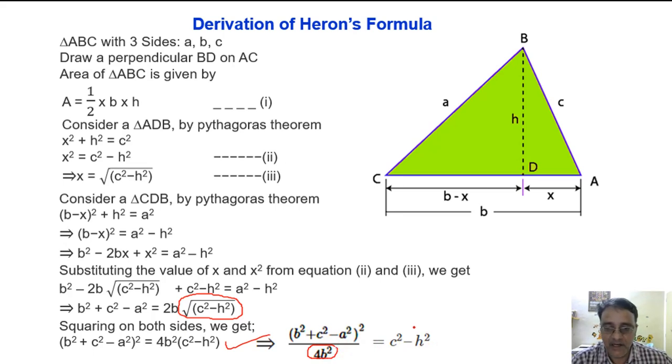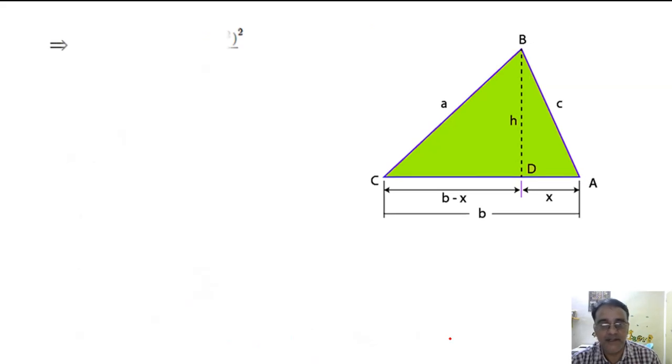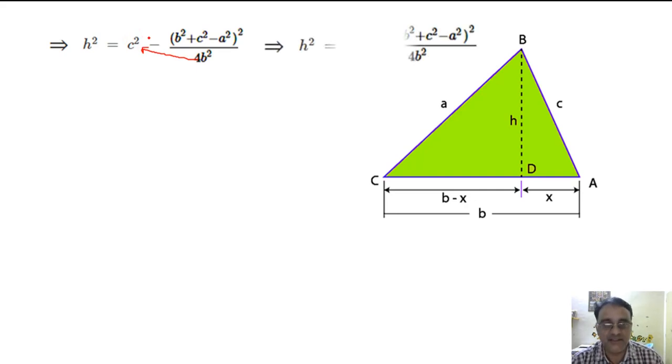Yes, sir. Now you exchange this two term, interchange. Minus h square you shift to left side and this to right side. So if you shift minus h square to left hand side, it will become plus h square, and this whole term if you shift to this side, that will become minus. Whether this step is clear? Yes, sir. Now take LCM. If you take LCM, you will get the first term as 4b square c square minus the second term numerator upon 4b square. Whether this is clear?